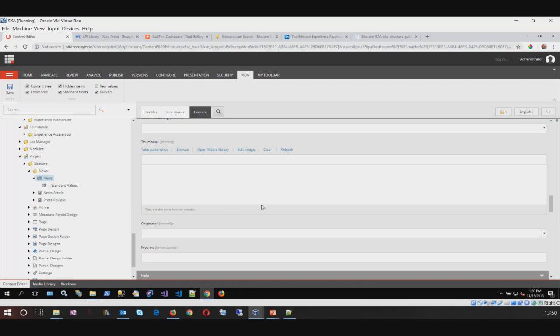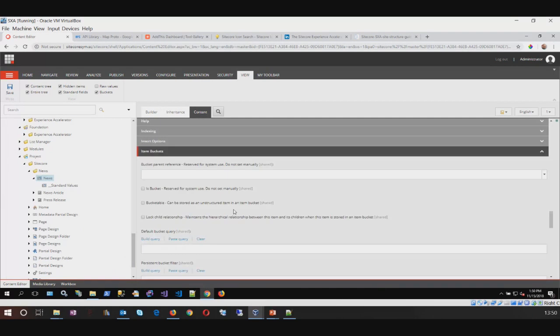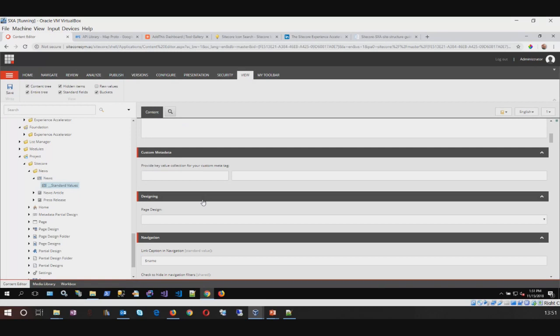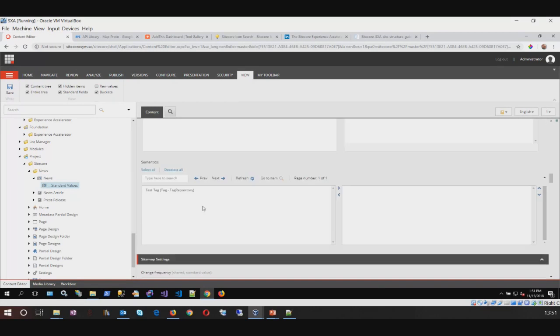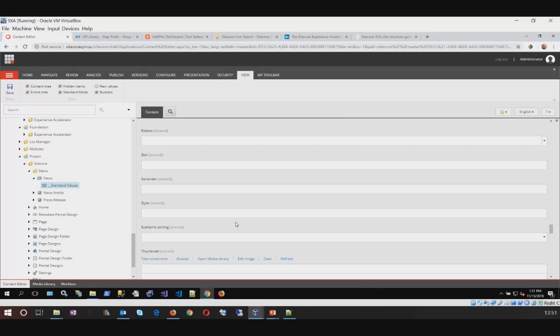If I go to the item buckets in the standard values, just a second. If we go down a bit, item bucket. As you can see, news is a bucket,